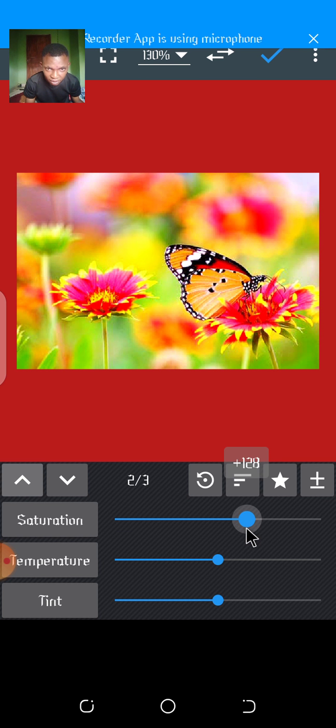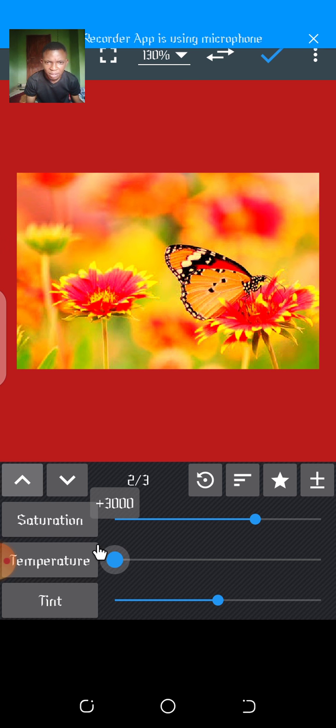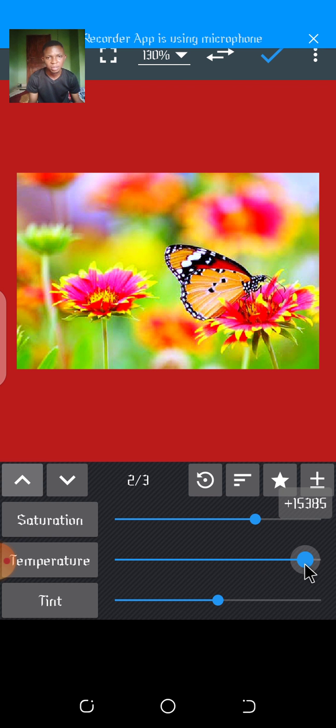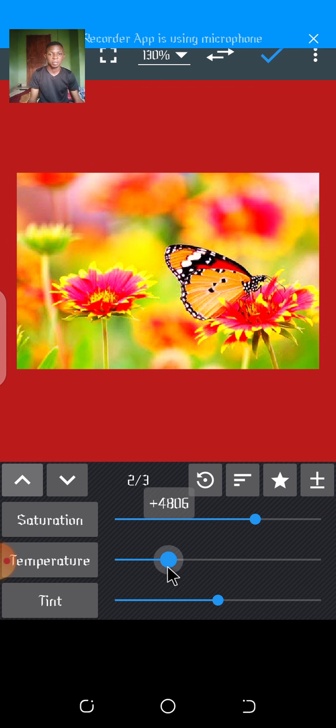Unless we increase the highlight, give it more colors, and the temperature should be reduced. You can see we're reducing the hotness. That means we are adding a sun to it, and the coldness, we are going to the dark side. Like it's getting dark. Now let me reduce and add more kind of temperature. And the tint, you can tint it to make the color